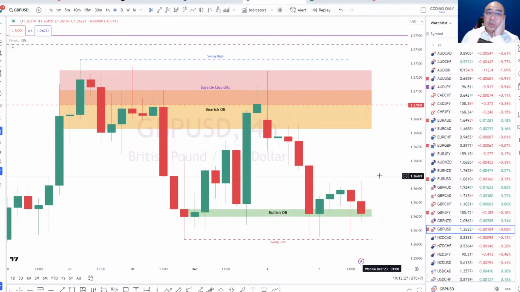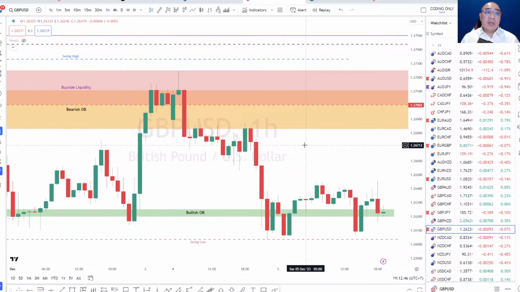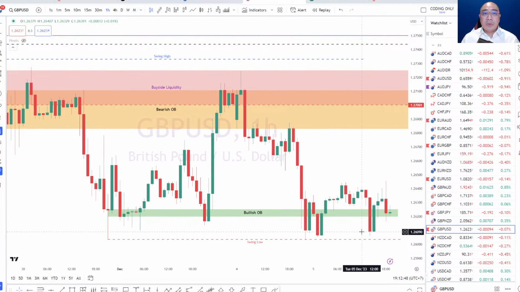It might not be strong, because technically it's actually not really strong at all, because we have our swing low here and price is actually still getting pressured. But whatever it is, it's still holding the pound USD from collapsing any further. Okay, so that's how we look at it. If you think the hourly time frame is a little bit of noise, always jump onto a time frame that's a little bit higher, and we can actually identify that level.